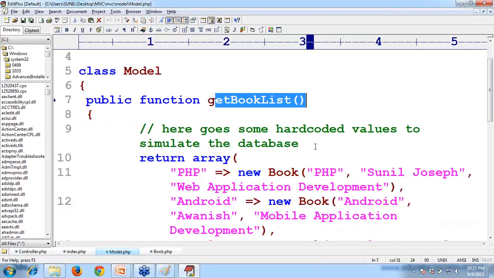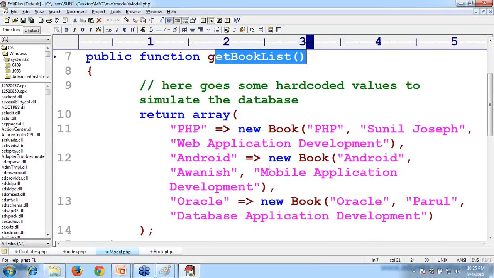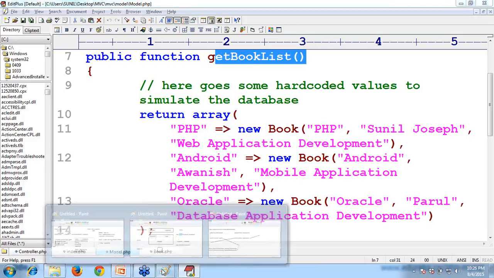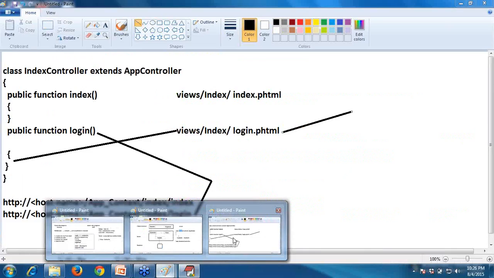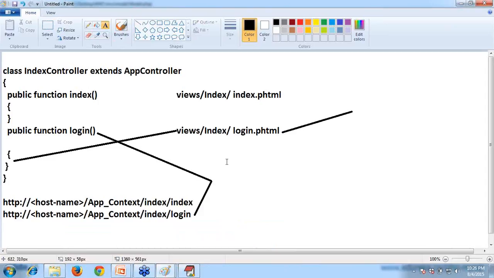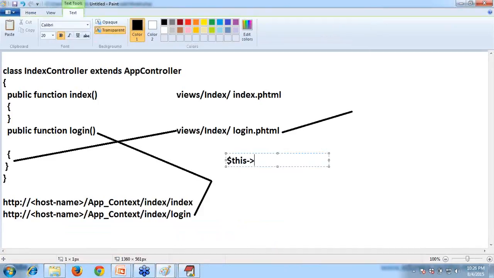What it is doing, if it is a normal program, we are only hard coding the data in this case, just to have a demonstration. But in a real-time scenario, it is working with the database. It will fetch all the things. If it is an MVC framework, I mean, if it is CakePHP, we will say $this->, that means controller to model. Suppose Student is a model class working with the database table, ->find('all'). Those who are aware of SQL know: select * from EMP or select * from students.